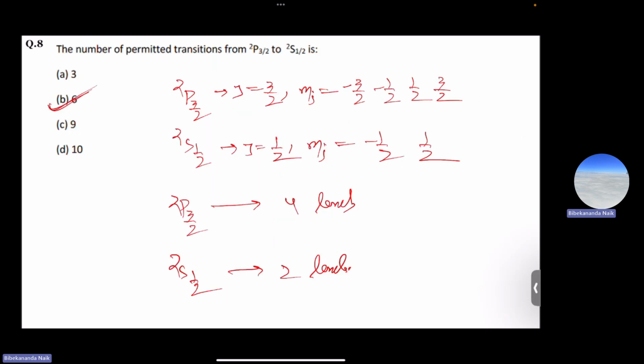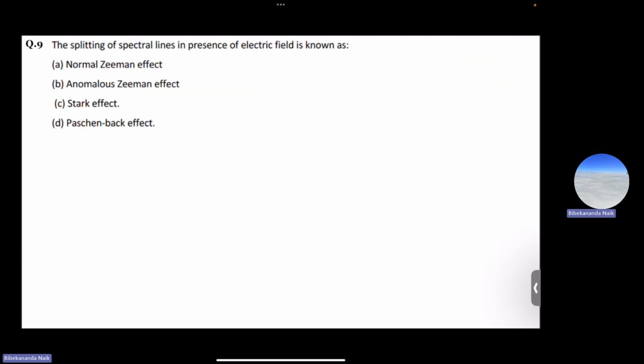So the correct option is option B, that is 6. So now let's move to question number 9. Question number 9 says the splitting of spectral lines in presence of electric field is known as